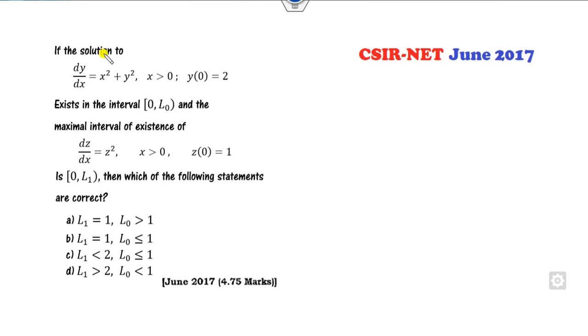Okay, if the solution exists in the interval here, then the maximum interval for this interval is this. Which of the following statements are correct? Okay, fine. You have to find the intervals. It means the initial solution is here: x minus 0 is less than a, y minus 2 is less than b. Fine. So your target is to find the value of h, which gives you the minimum of a, b